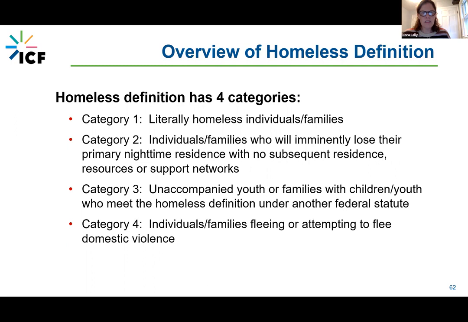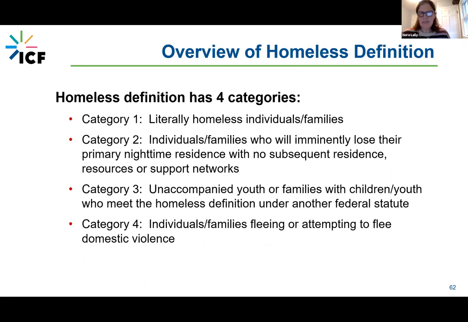So the literal definition of homelessness, category 1, is for people who are sleeping on the street or in a place not meant for human habitation. This means people who are on the street, in a car, in an abandoned building, in a bus, using public transportation as a place to shelter, or a train station or a campground, places that aren't intended for people to stay in. That's one element of the category 1 definition.